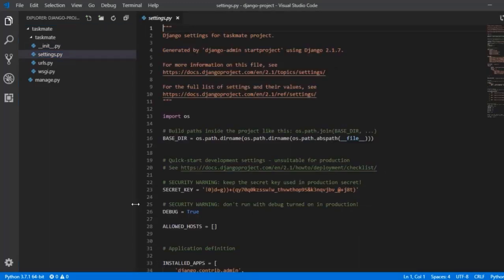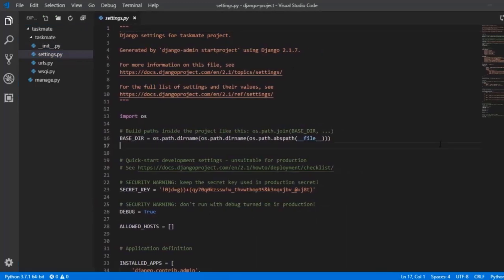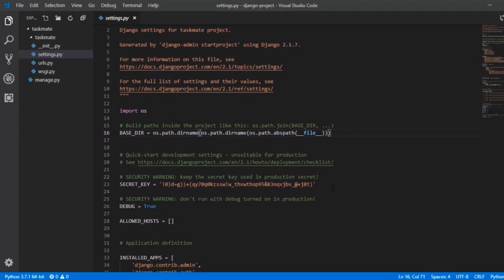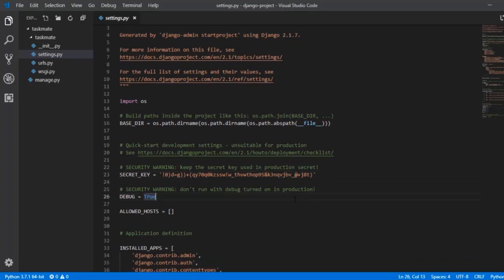The next one is settings.py. It is one of the most important file throughout our project. We are not going to edit this file much, but this file control our whole project. Here you will find base directory which help us to connect all the files in our project. Next will be security key. So this security key is kept as a secret by project administrator to keep our project secure. So whenever we share our codes with anyone else, we usually hide this security key or remove this one. And this key is really important for production. Next is debug. So whenever we are working on our project, we turn it as true.